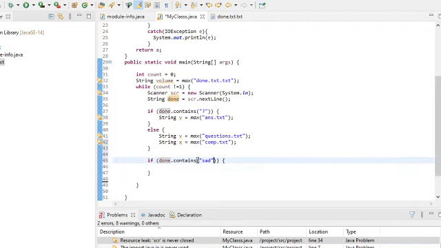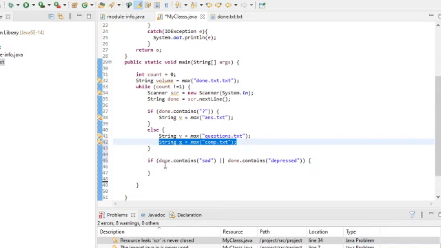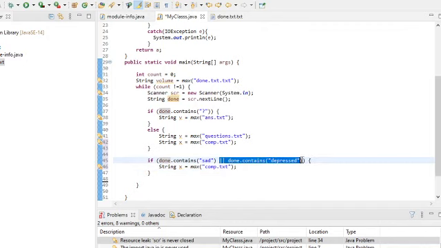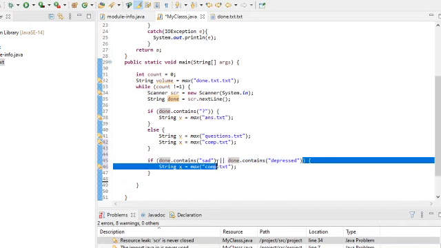Something like sad or done.contains depressed, etc. Or it will go once again into this compliments tab, and then it would output a compliment for the user, which would be quite nice. So say if anything bad happens, or anything bad is gonna happen, it's gonna automatically be like, it's okay, it will get better, something like that.